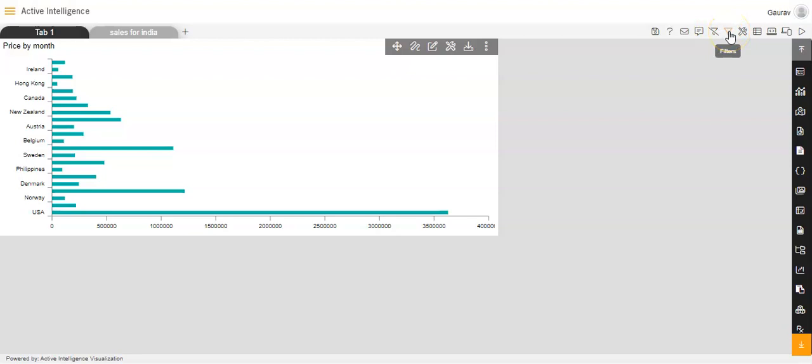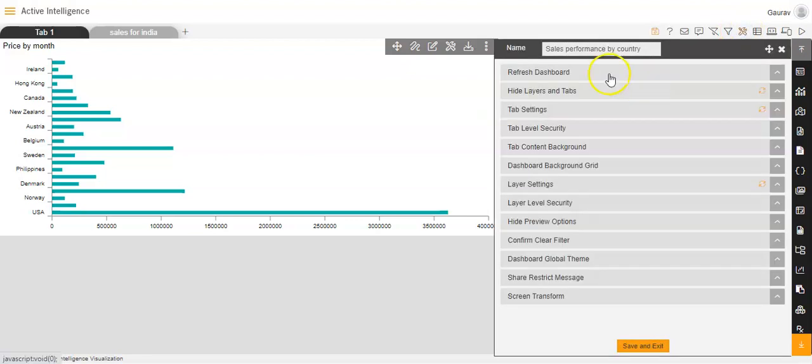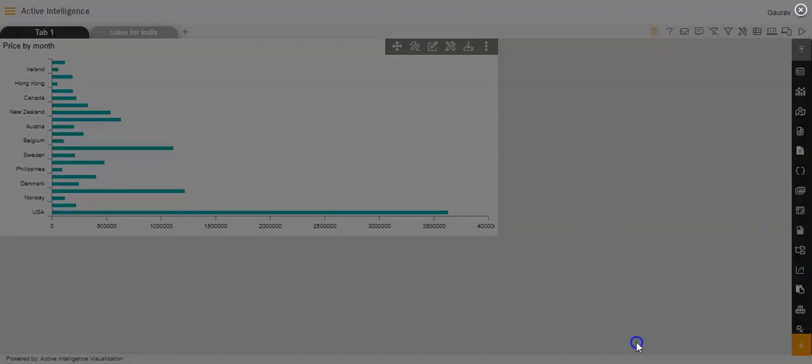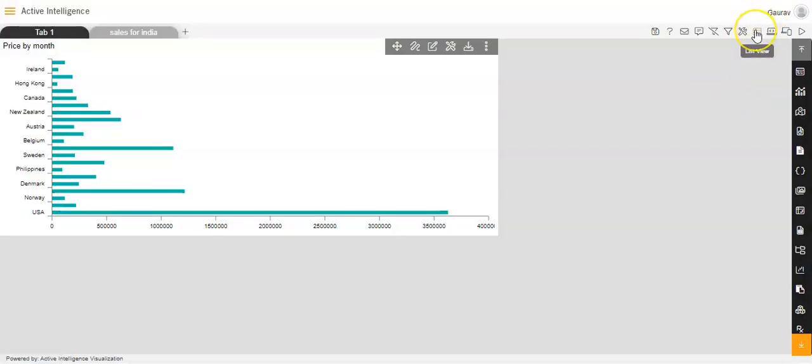Then you have filters. If you want to create filters, you can click on this option, filters, on the top right corner of the dashboard. And then we have dashboard settings. If you want to make changes to the dashboard settings, you can see there are various features. For this also you can refer to my other video where I have explained these features of dashboard settings in detail. And then we have the list view.